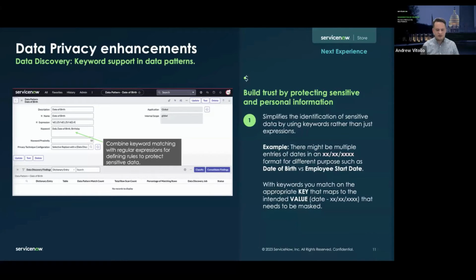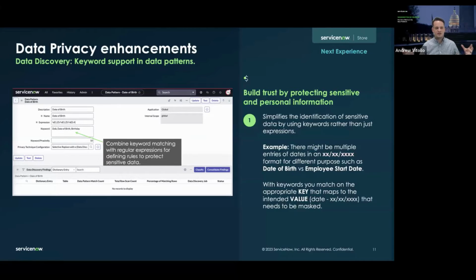Now, what do you do in the scenario where you have something like a date, and the date is in a specific format, and there are multiple dates in that format? That could be something like a date of birth. It can be an employee start date. How do you target the specific piece of information that you want to potentially discover and anonymize?